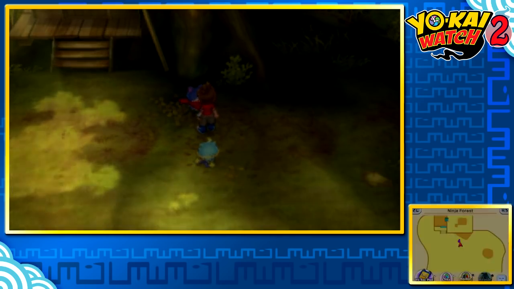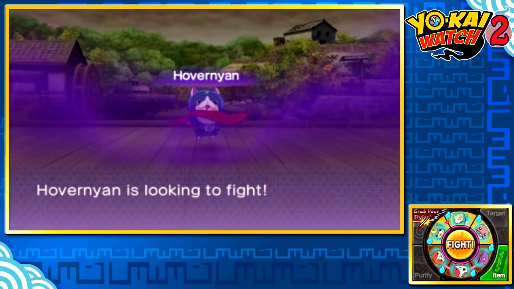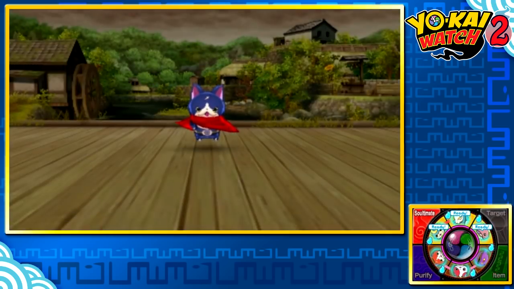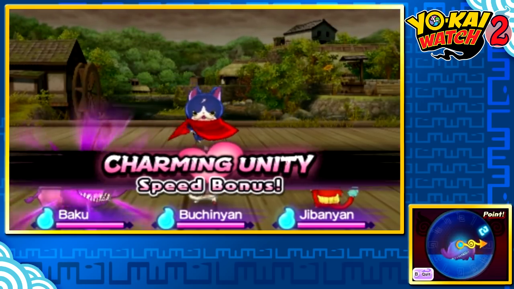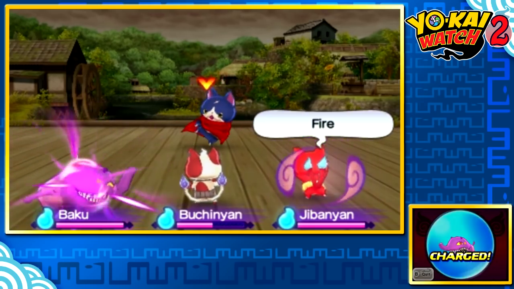So yeah, Hovernyan will not join us that easily. Like I said before, we're going to have to win a battle versus him. A lot, actually, to recruit him. So the first thing we're going to do is give him that choice tuna, and then go to our back row and channel Baku's Soultimate. Can't recommend Baku enough here. She really makes single target yokai battles a whole lot easier, and since this is almost a guaranteed...